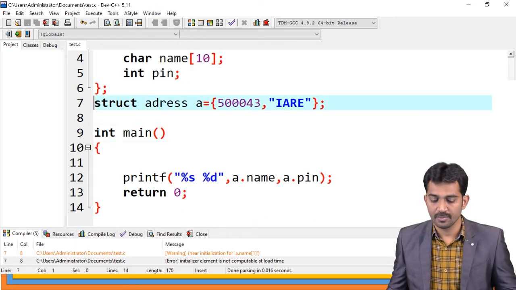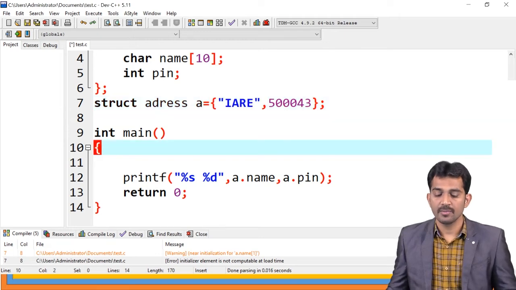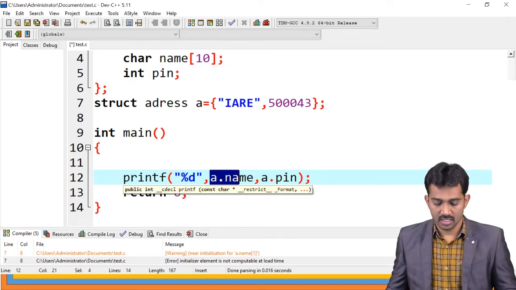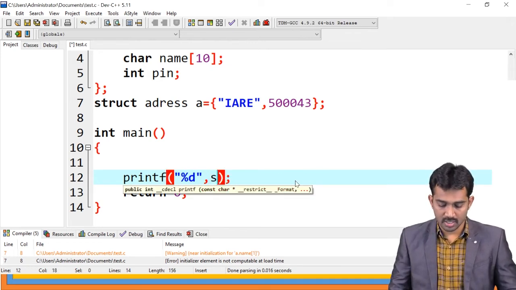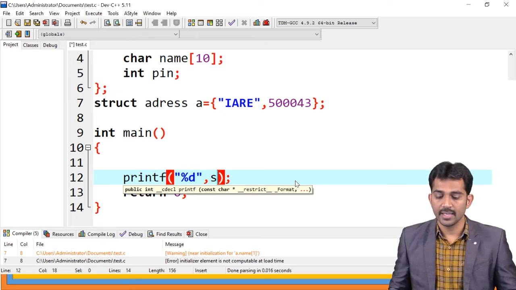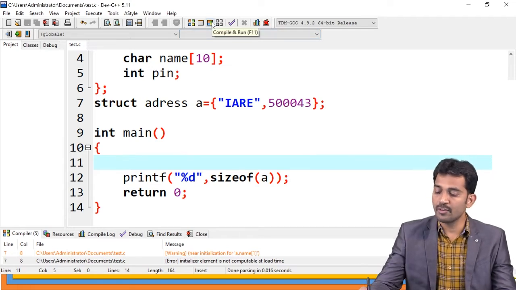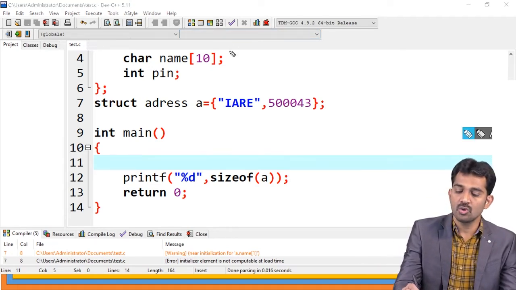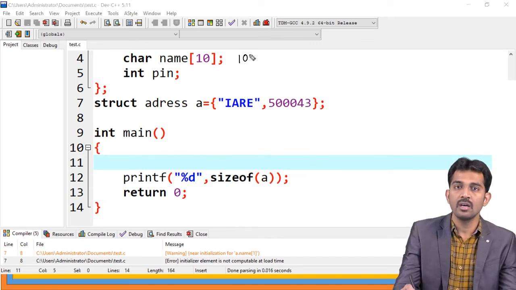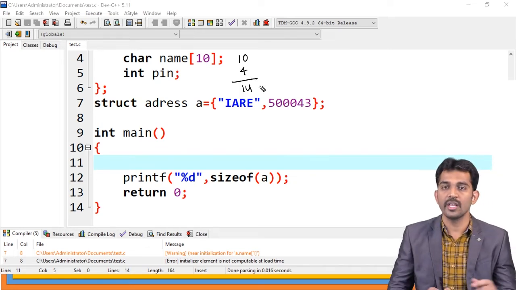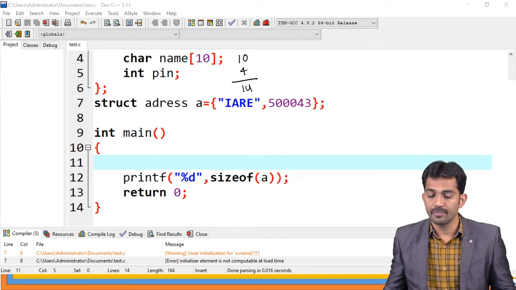Now tell me, what is the size of the structure? If you want to know the size of the structure, %d, sizeof A. A is a variable of address, a structure variable. So what is the size? Observe carefully. What is the size of this name? It is size of 10. Next, what is the size of pin code? It is 4 bytes because, sorry, integer. So 14 bytes. If you run this code,